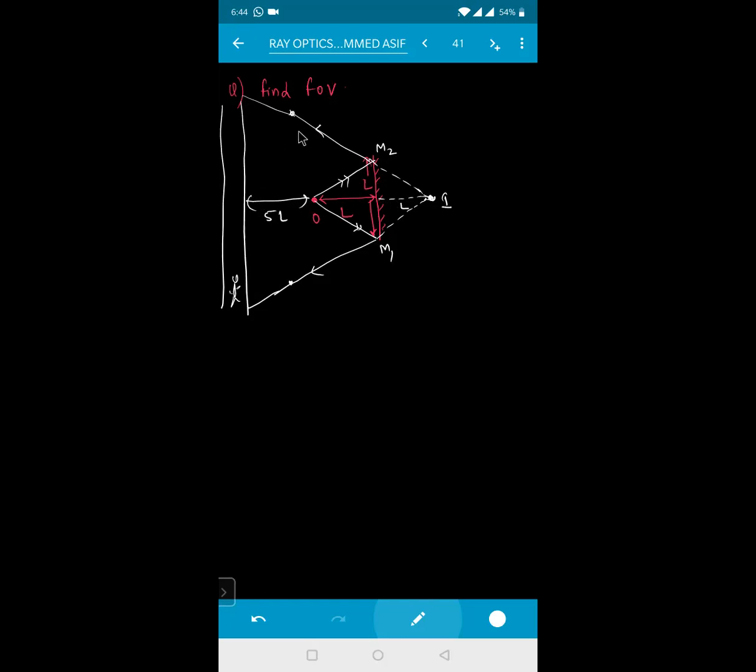So what is this field of view? This field of view is equal to how much? That means up to what length I can see the image. This is your Y. So this Y will be equal to how much? This is your theta. So you can use a similar triangle concept better. So this one is say for example point A, and this one is your point B, and this is your 5L. This road is at a distance of 5L from the object, and there is another triangle. This is your O and this is your I. So use a similar triangle concept better.